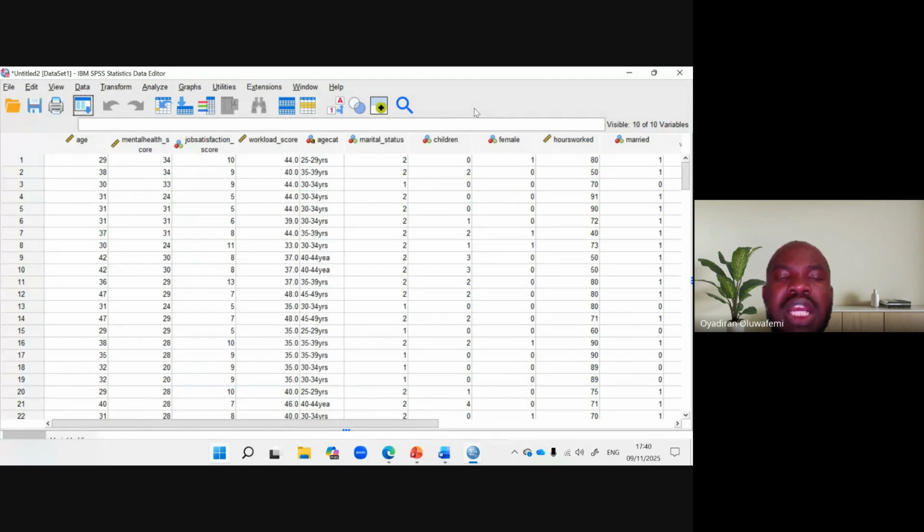Now, if we go back to the page where we have our variables, our data set, we want to see the measures of dispersion. We want to look at the standard error. We want to look at the standard deviation. We want to look at some other concepts. So we'll come back to that, but before I get to that,